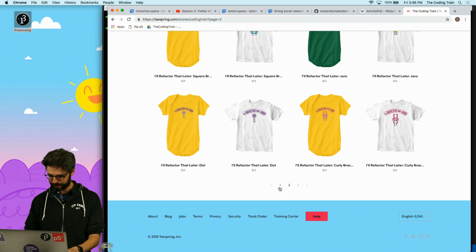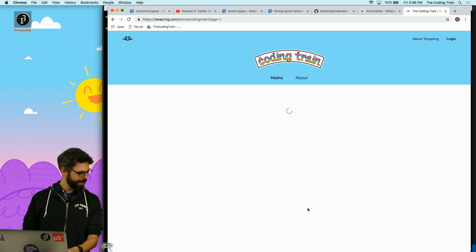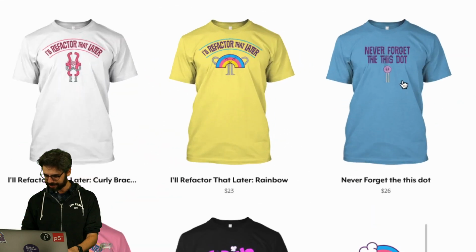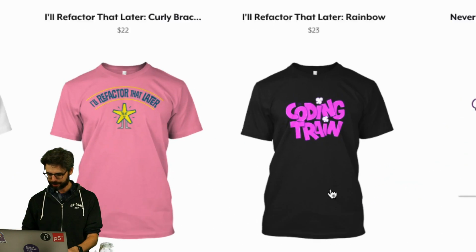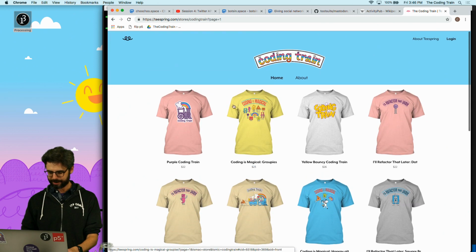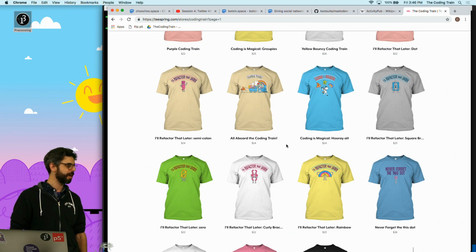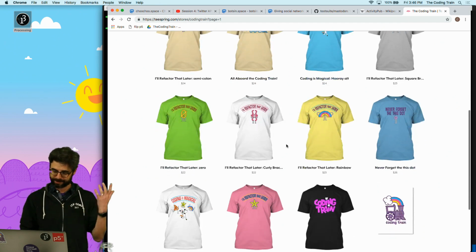I don't know, maybe it was on that first page. There is, never forget that this dot. There it is, the new Coding Train bouncy logo and some other stuff, of course, this one. So anyway, poke around. Feedback is welcome if you see stuff that's not there, that could be there, if stuff doesn't work, doesn't make sense.